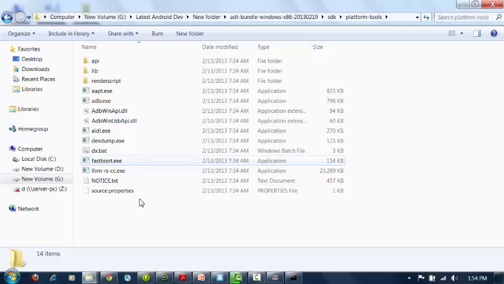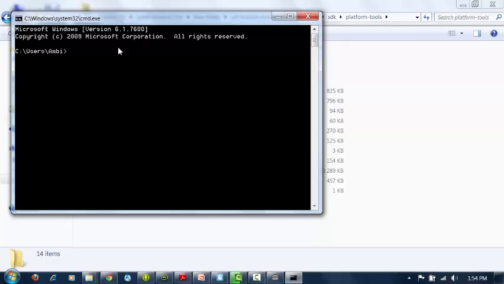For that, first you have to navigate to this particular place, because using these tools you can find the tool here, ADB. Using this tool only you can see the database inside your application. So first you navigate to this particular location. Remember, this is the place where you have stored your SDK. So let us navigate to this place first. It is inside the G drive. Navigate to G first, then I will change the directory to